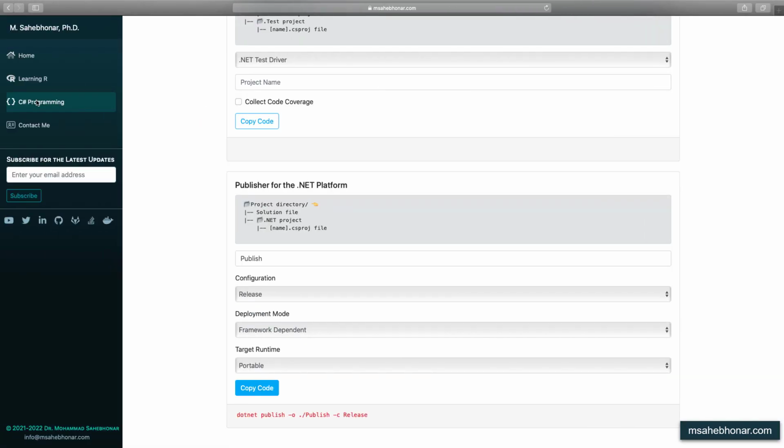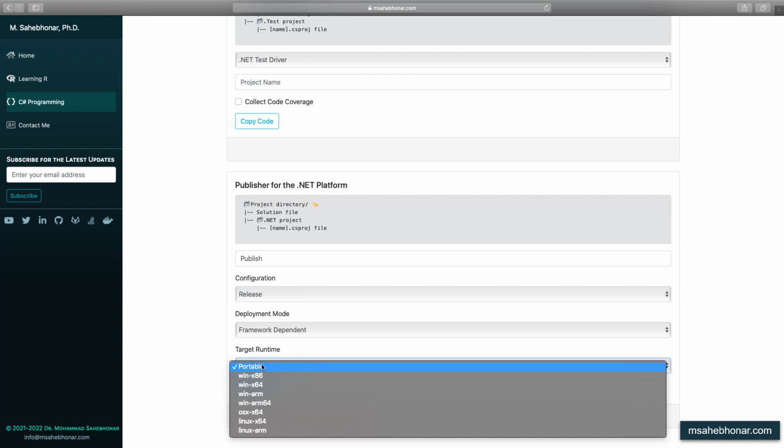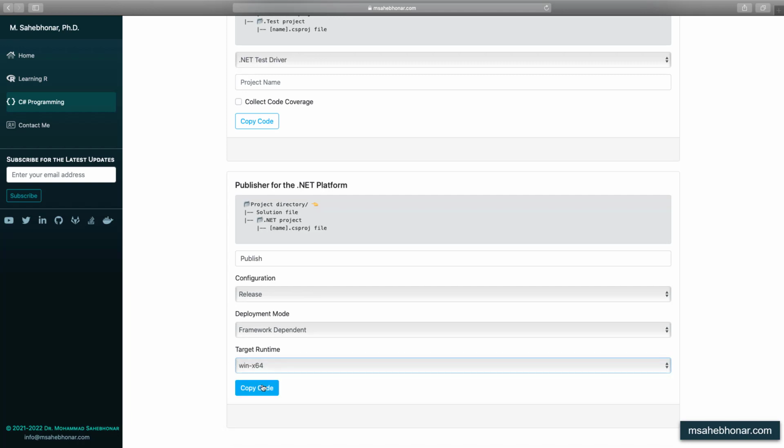We can publish an app as framework dependent that targets a specific platform. We want to produce an executable that runs on a 64-bit Windows operating system. In this case, we need to use the runtime identifier along with the no self-contained option.